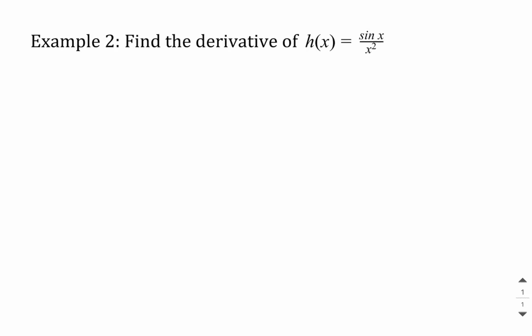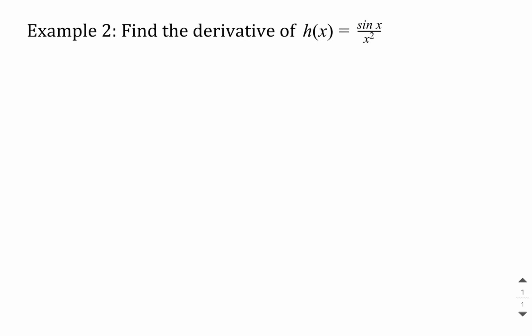Let's take a look at an example with our quotient rule. So example 2 here, we want to find the derivative of h of x, which is equal to the sine of x over x squared. So in this case, we have our low function and our high function. So to find the derivative, we wanted to find low, which is x squared, times the derivative of high. So the derivative of sine x is just cosine x,